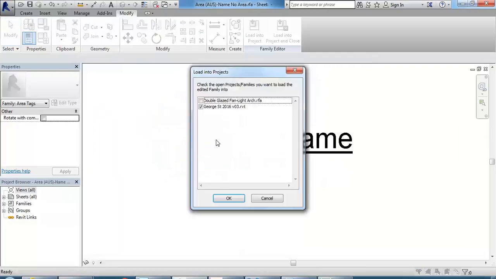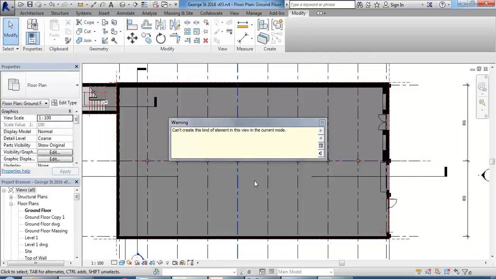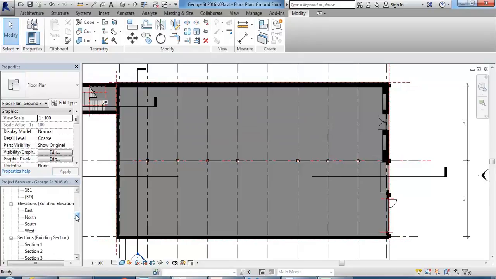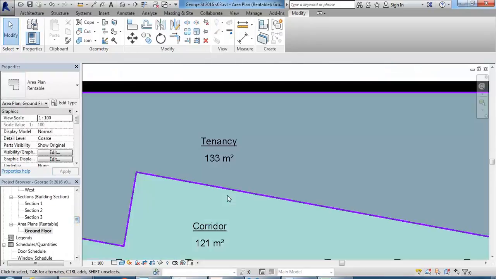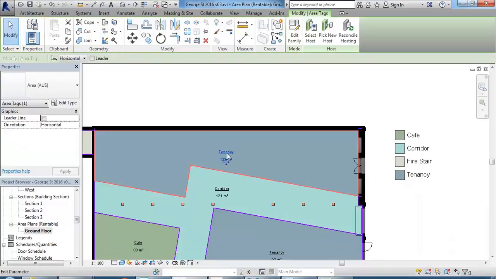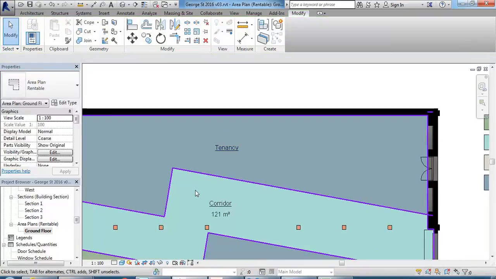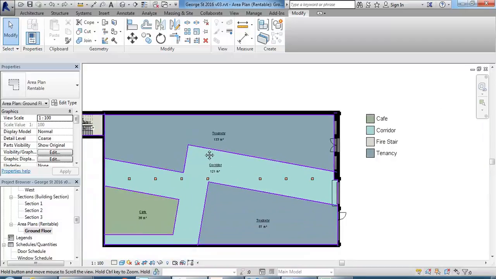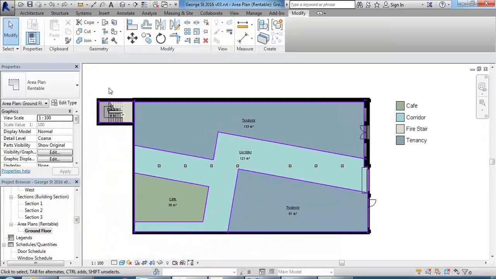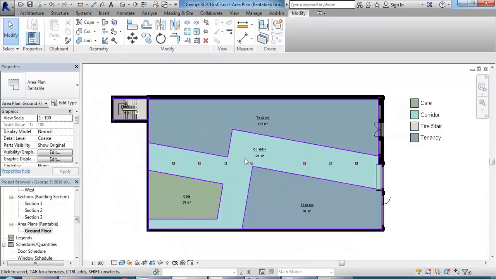Load that back into the project, and then if I go to my area plan, I can select any of those tags and choose the one without the area. But I mean, are they asking you not to give areas, or? Because I think it'd be a useful thing to have. Yeah,